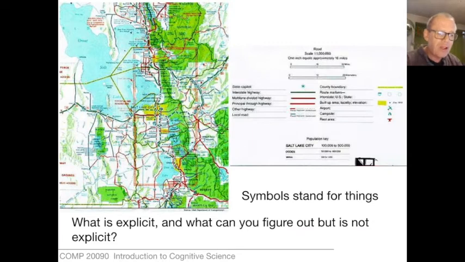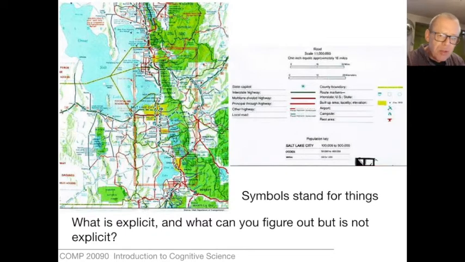Now, in what way are these maps about Salt Lake City? Well, the answer is in various ways. There are various ways in which elements of this map relate to Salt Lake City. So in this map, for example, the map makers have kindly provided us with a legend. So they explain the use of various symbols. They tell us what the red roads or the red lines and the green lines and the yellow lines on the map means, and they provide some additional information. So they're making explicit some of the information that is contained in this map, and that is about Salt Lake City.